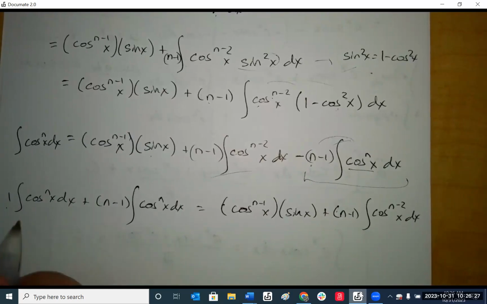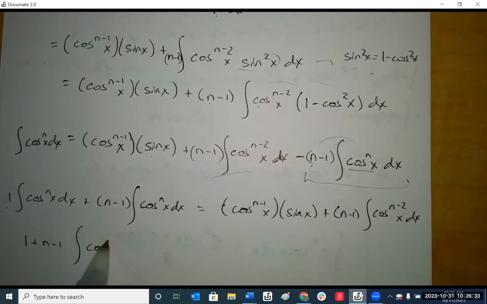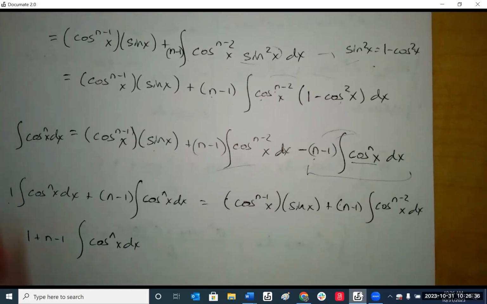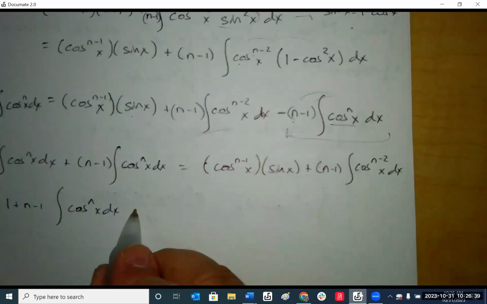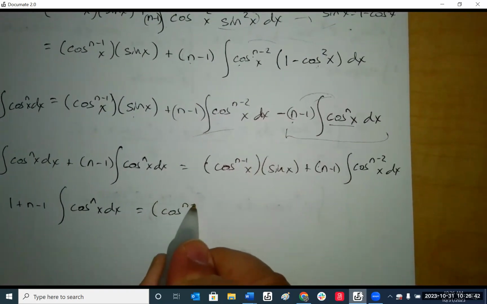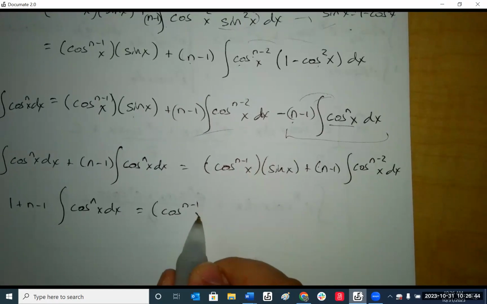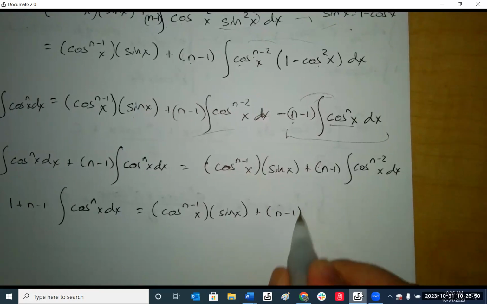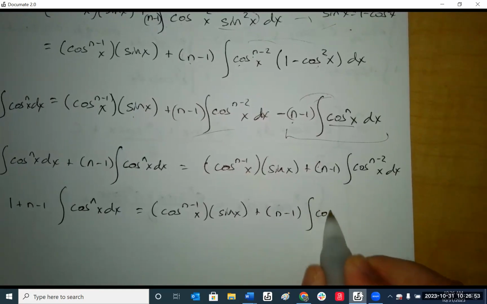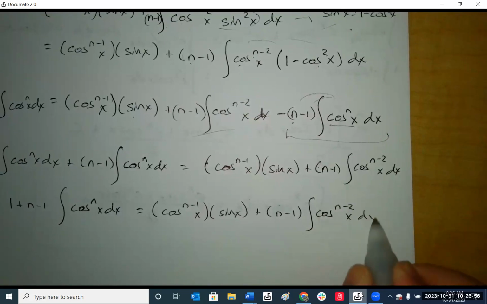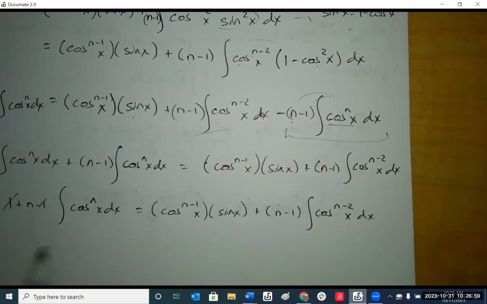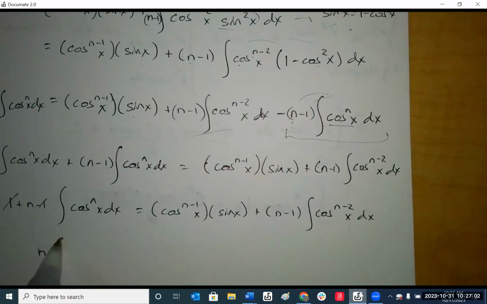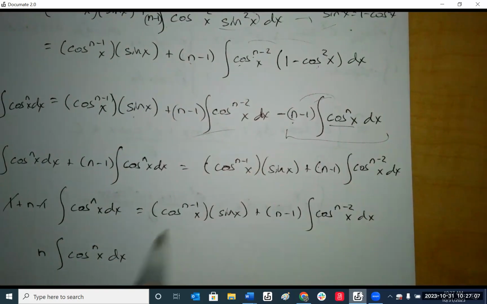So we have 1 plus (n minus 1) times the integral of cosine^n x dx equals sine x plus (n minus 1) cosine^(n-2)x dx. So the ones cancel, so we have n integral of cosine^n x dx